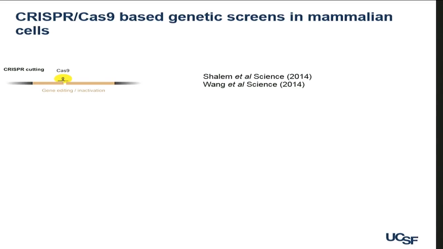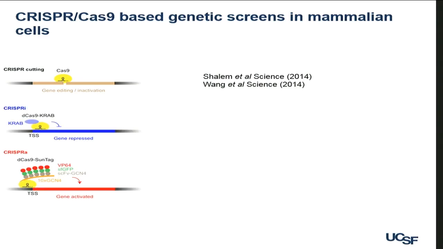So when I was a postdoc in Jonathan Weissman's lab at UCSF, I helped to develop a system that is using a variation of CRISPR-Cas9 to do both loss and gain of function screens, and we basically termed these CRISPR-I and CRISPR-A. We use a catalytically dead version of Cas9 that no longer cuts DNA, but that can still be programmed to bind specific DNA loci, and that way recruit functional domains such as transcriptional repressor domains or recruit transcriptional activators to either repress the transcription of endogenous genes or activate it.